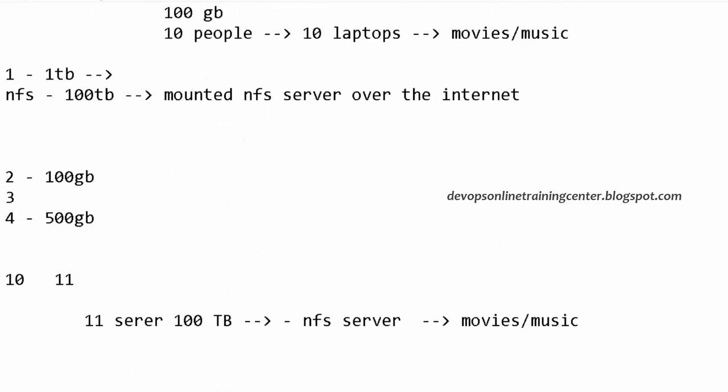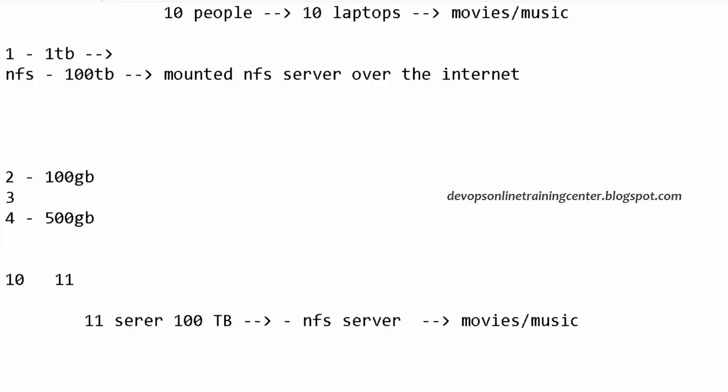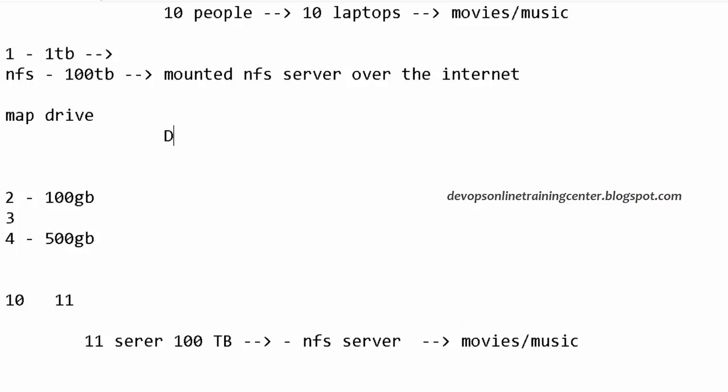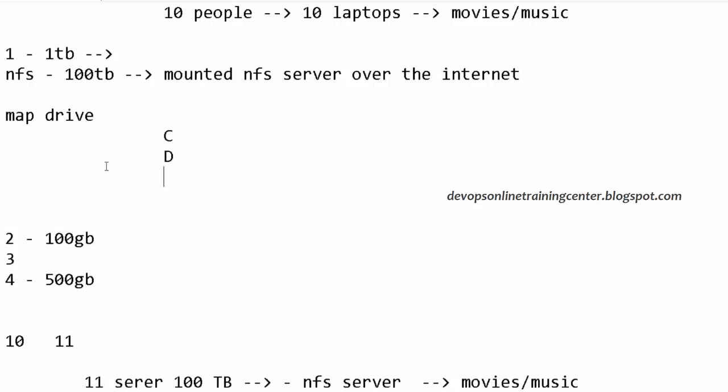This example I have said for Windows, but ideally there is another procedure to do that for Linux. If it is a Windows laptop, there is something called the map drive concept. Let us say you have C drive and D drive locally, and this machine we can attach as another drive, let us say Z. The local space available is 1 TB, and this Z is actually from a remote machine, the 11th server, and it has 100 TB.